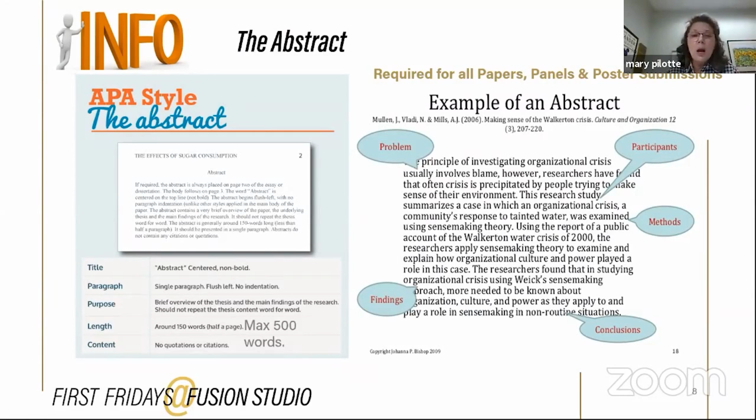So for our abstracts in the symposium, abstracts are required for papers, panels, and posters. They can be 150 words to a max of 500. Really, 150 tends to be a nice half page to a third of a page. At 500, you start getting a little long. So to the left of the slide, you can see some of the basics of creating an abstract if you've